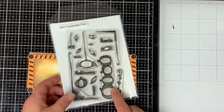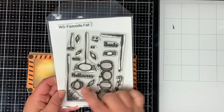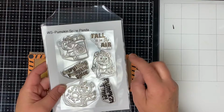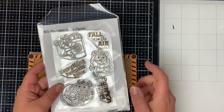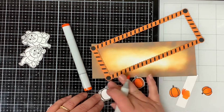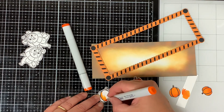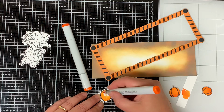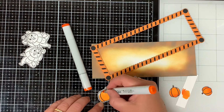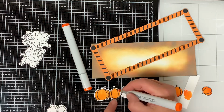I use the pumpkins from the Whimsy Stamps FaDoodle's fall stamp set, and then I use the panda with the pumpkin around its neck from the Whimsy Stamps Pumpkin Spice Panda set. And I stamp my images with a Copic friendly black ink, and then I cut them out using my Brother ScanNCut machine. Once my images are cut out, I did a little testing of what colors I liked,